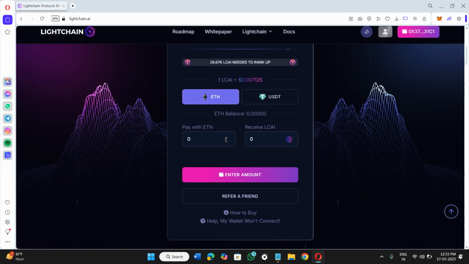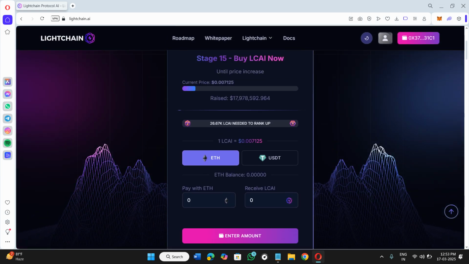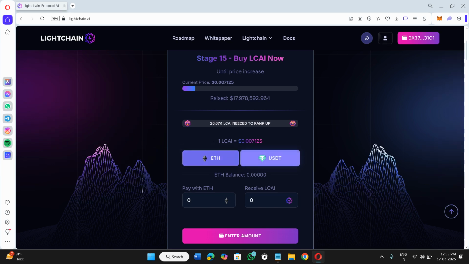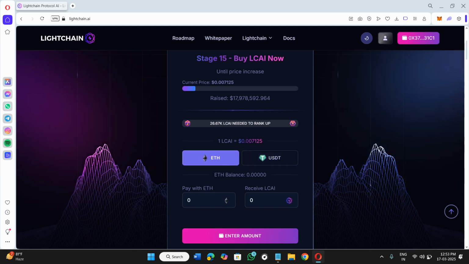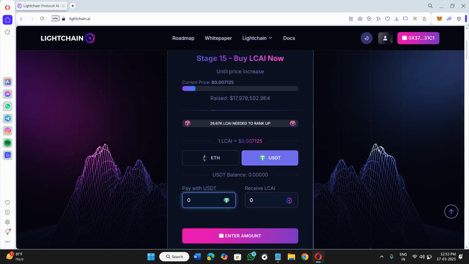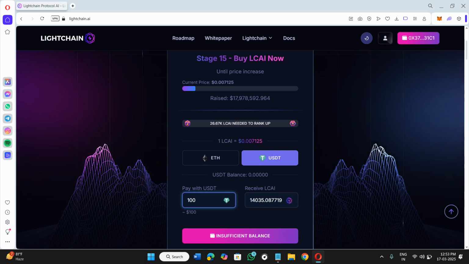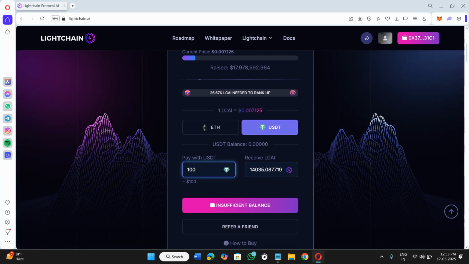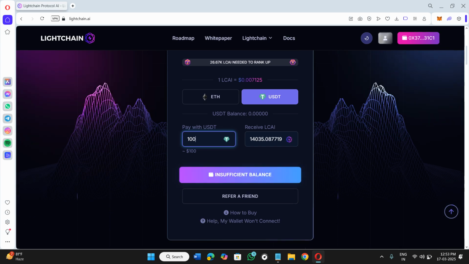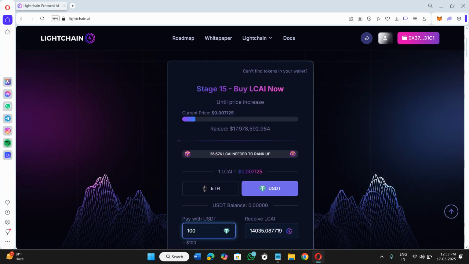Now once your wallet is connected successfully, you just have to scroll down a bit and here you will see the options with the help of which you can basically buy the LCAI token. So here you can purchase it with the help of Ethereum and USDT. So you need to select which one you want to prefer. So let's say you want to spend USDT, so you need to enter the amount of USDT that you want to spend and then it will show you the equivalent amount of LCAI token that you are going to get. After that, you need to click on this buy button and this way you will be able to basically buy